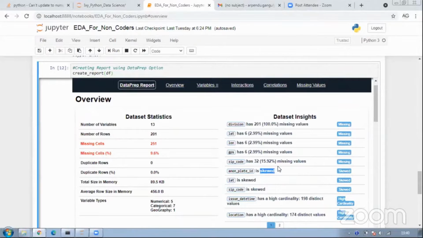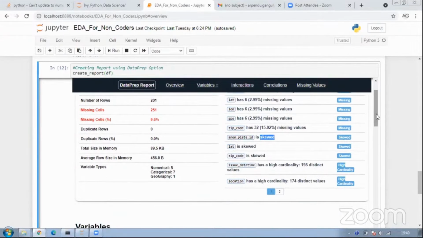Skewness basically tells if there is an inclination towards either the mean or the mode, positive skewness or negative skewness. That's something it tells by itself. You don't need to find out for the variables. It will automatically tell which variables are skewed, and if it is not mentioning one, obviously it is not skewed.